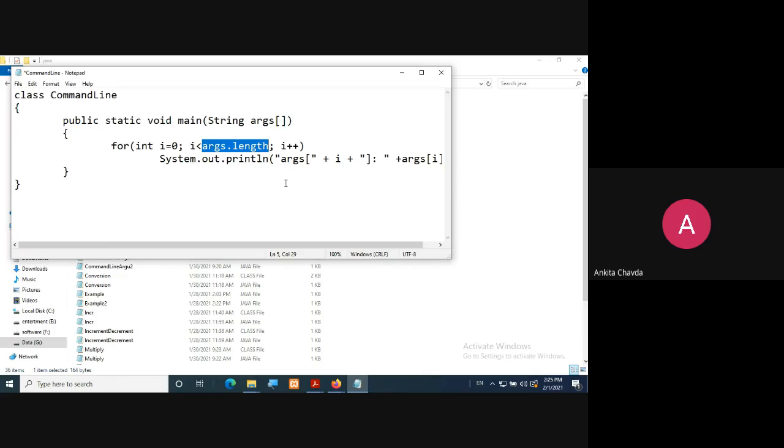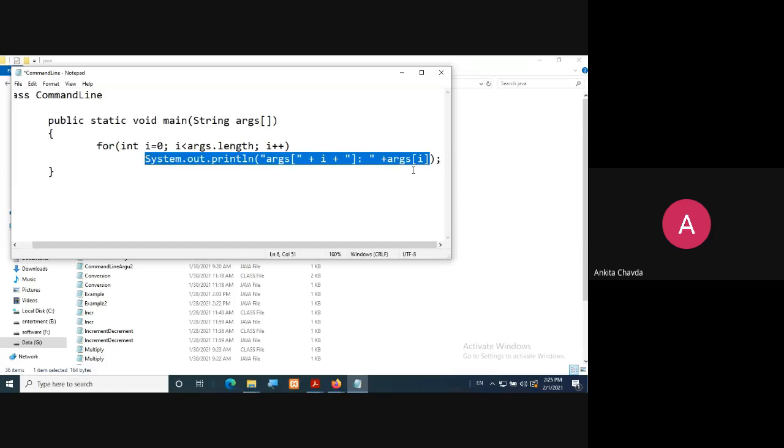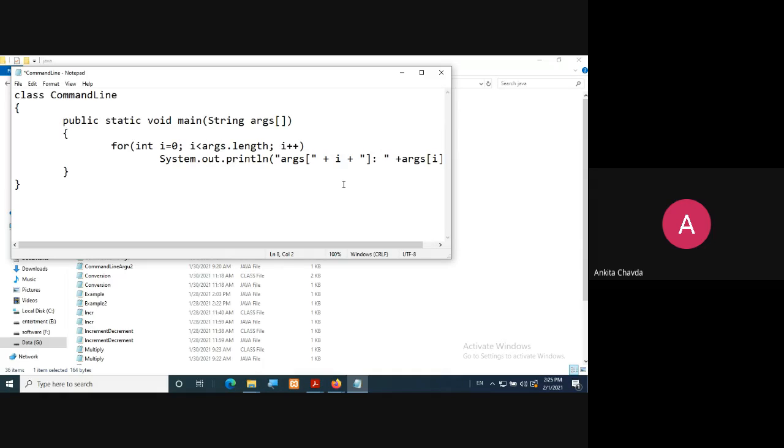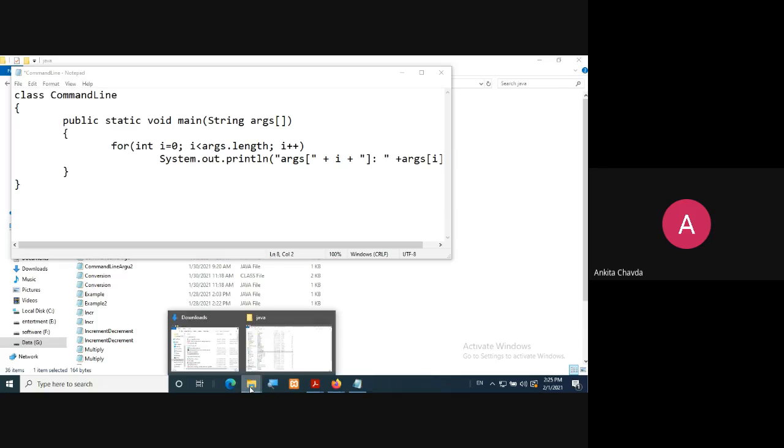Say suppose the user has entered 5 or 6 arguments, so this loop will continue till 6. We are simply printing those arguments over here. I hope this is clear. I'll show you the output and you will get to know this more.